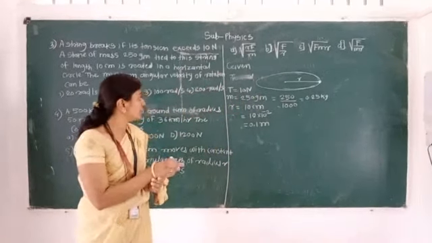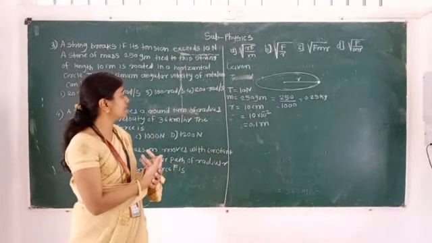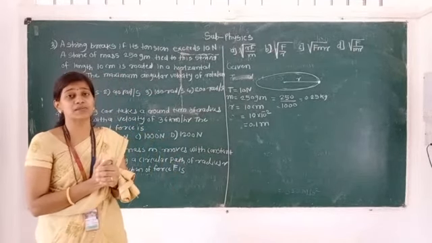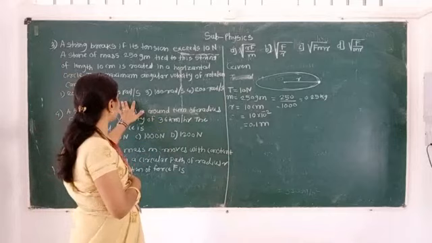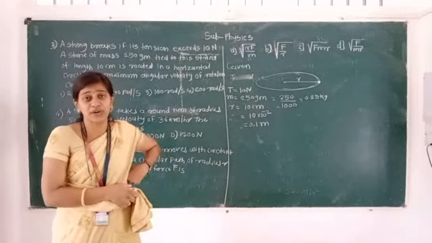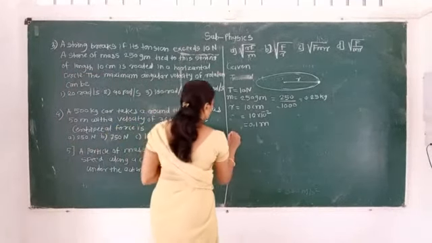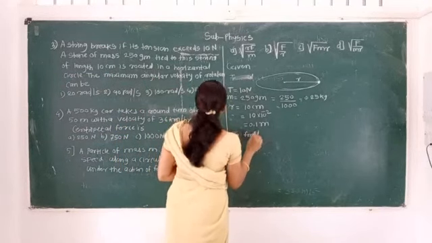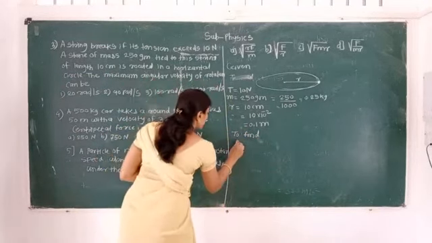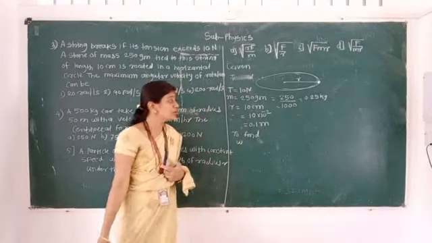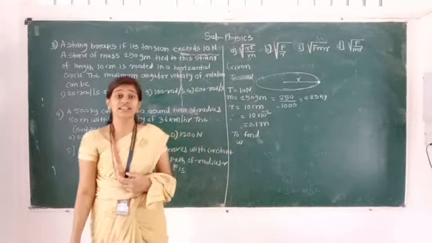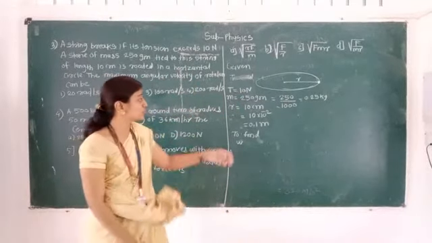Some quantities are present in CGS, some in SI. We make sure they are in the same system, maybe CGS, maybe SI, as per the given answer we have to check. So it is converted. Now what to find here? To find: here we have to find out the angular velocity of rotation. Here we know a circular motion is present in a horizontal plane. That means the necessary centripetal force is due to the tension.